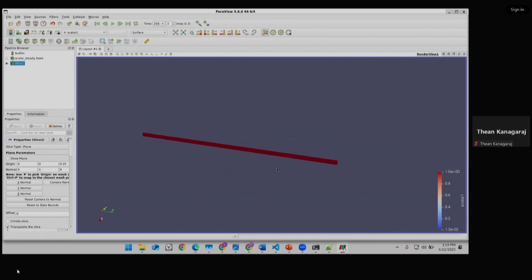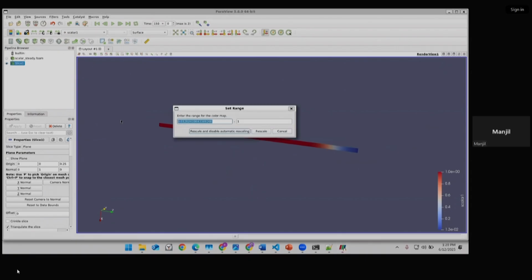Okay. Now you can see that, because we are doing steady state, you cannot actually visualize every time step data, or how the flow is moving in the domain. If you do it in transient state, then you can see how the flow will be parabolic. The scalar will move as a parabolic shape and all that. So right now you can see that we don't have enough. So if you customize it to 0 and 1,